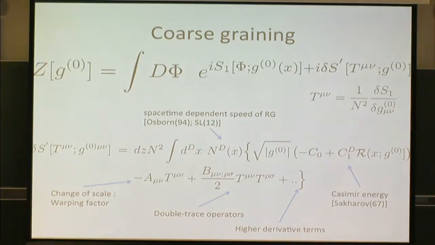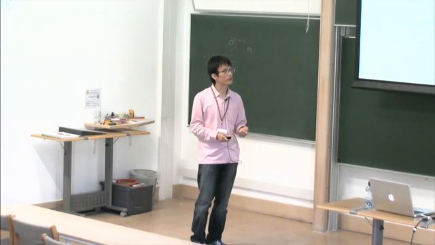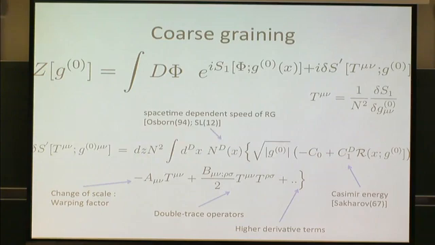Now, as we did before, we introduce an auxiliary field as a dynamical source, but in this case, the source for the energy momentum tensor is nothing but the metric. So the dynamical source is basically a dynamical metric. And then we introduce a conjugate field to remove the double trace operator. And how do we do it? We can do it preserving the d-dimensional diffeomorphism invariance.